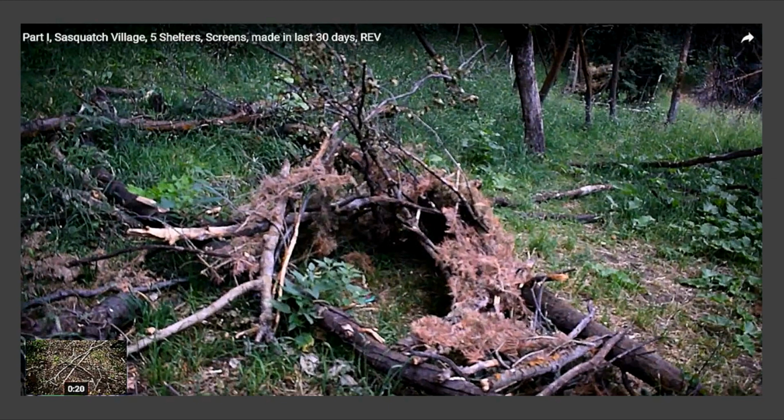I just want to interject really quickly that what I've seen is that often Sasquatch will have these kind of ingenious interlocking, almost jigsaw-type puzzle structures. It's not the typical way, like you're saying, a human would do it. You'll have a Y branch that's interlocked with another Y, and really haphazard, but it's ingenious in its own way. Well, and what it does is it links the pieces together